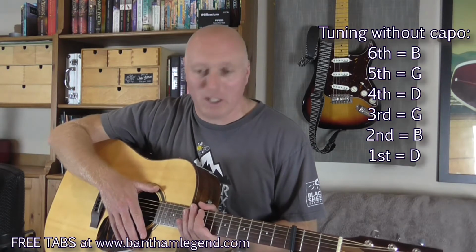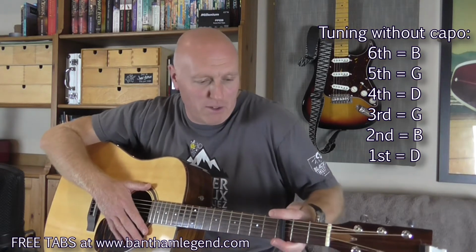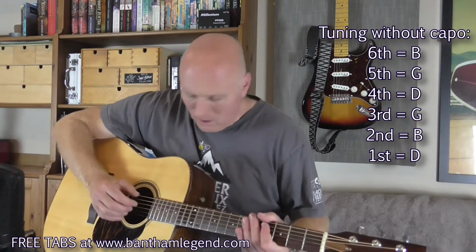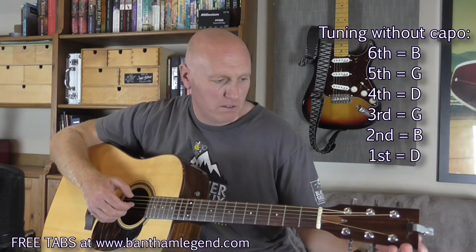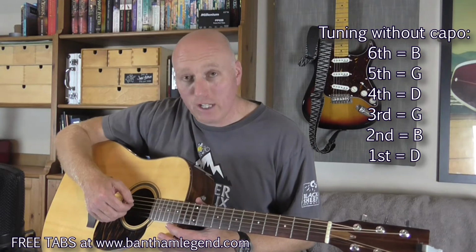The tuning for this then, I was able to work this song out reasonably quickly because the tuning for it is the same as he used on the song In Little Fires, which is basically open G tuning, but the sixth string is then tuned down to a B. So without the capo, the sixth string is a B, and then the fifth string is a G,